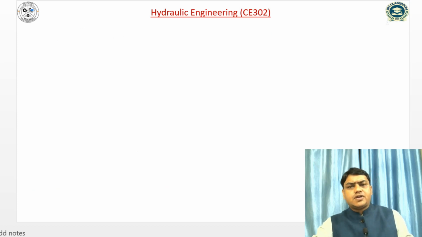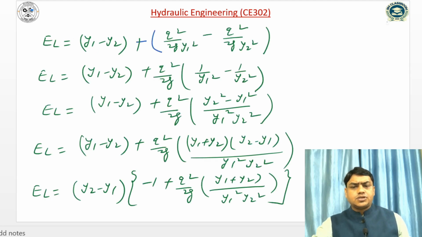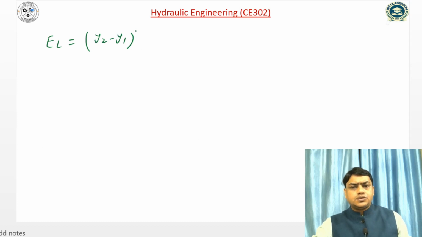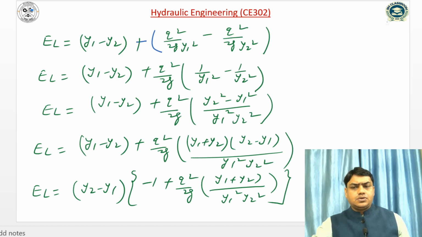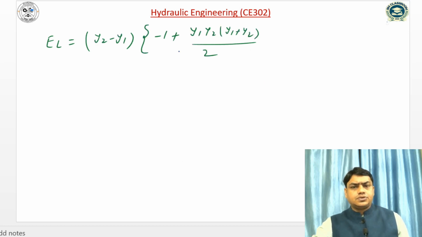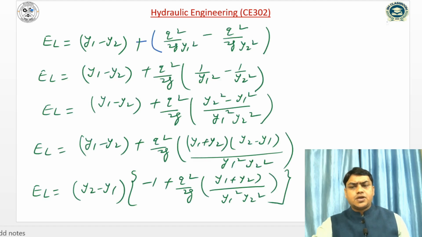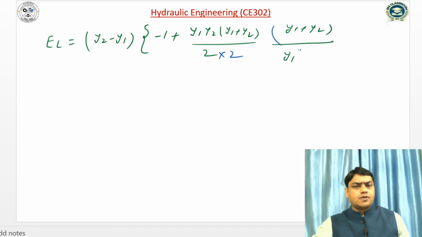And we have the relation Y1 Y2 into Y1 plus Y2 is equal to Q square by g. So EL can be written as Y2 minus Y1 into minus 1 plus Y1 Y2 into Y1 plus Y2 by 2 into 2, it will be Y1 plus Y2 plus Y2 divided by Y1 square into Y2 square, Y1 square into Y2